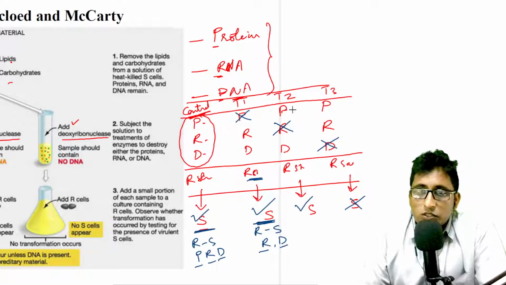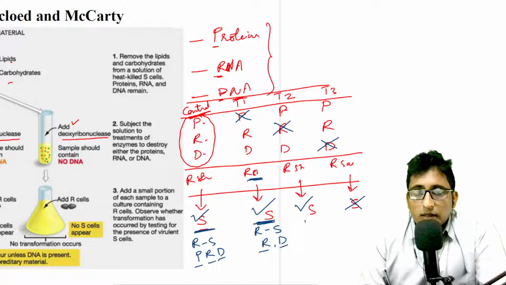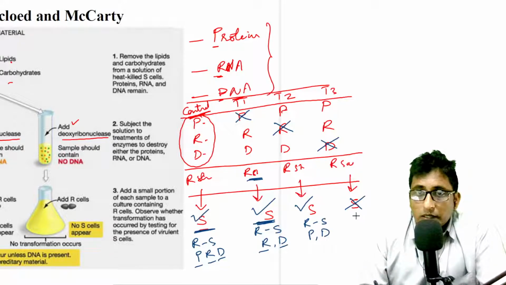In test 2, it says R can become S strain in the presence of proteins and DNA. And T3 says R cannot become S strain just by the presence of proteins and RNA,